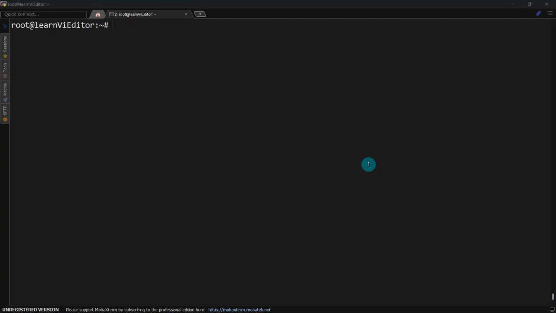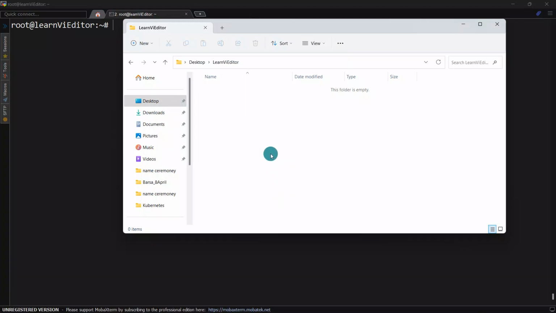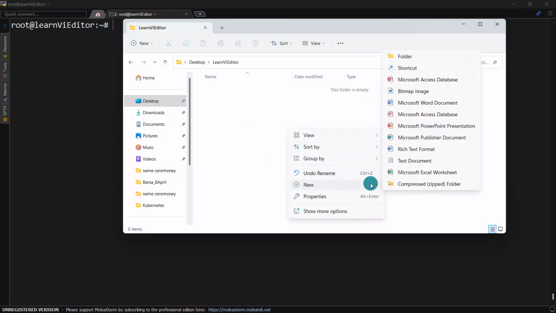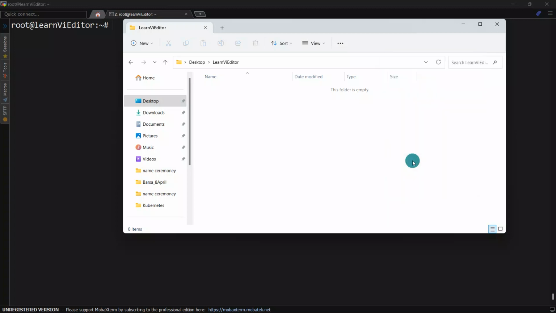So today mainly we are going to learn the VI editor, why do we need it and how to use it. When it comes to the Windows operating system, if you want to create any file, you go to the folder where you want to create it, and then you just right click, new, text document or any type of document which you want to create, like Word or Excel or PPT, anything, and you name that document as, let's say